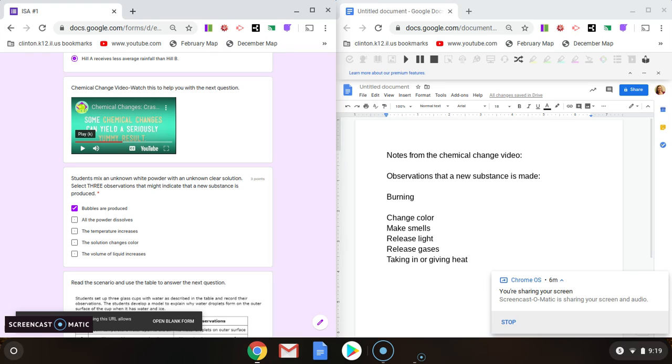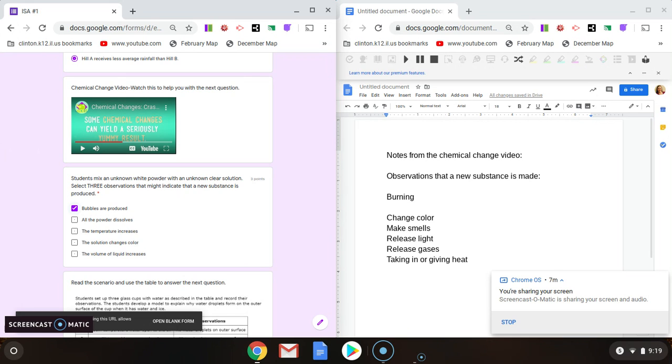So our question said, if students mix an unknown white powder with an unknown clear solution, select 3 observations that might indicate that a new substance is produced. So the first option is bubbles are produced. And if you keep watching the video, it's going to tell you about a cake being made. And they said that there are clues that